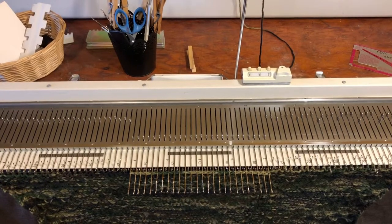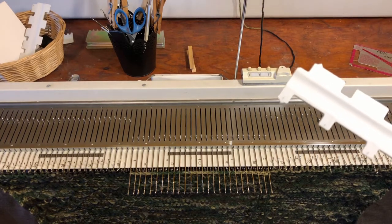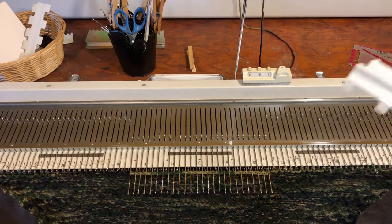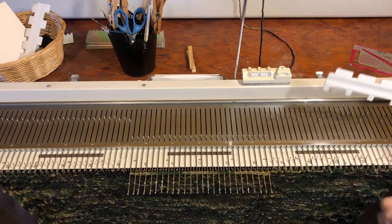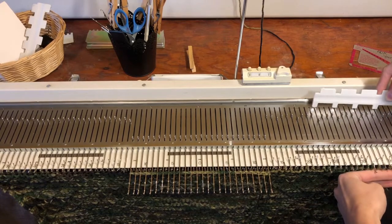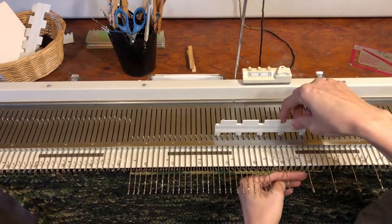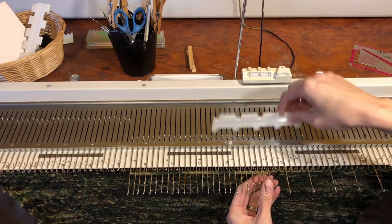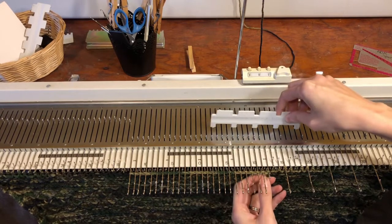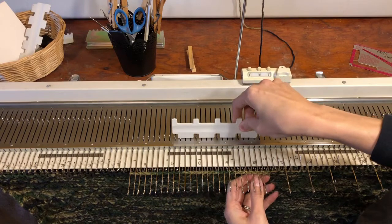Okay, so what we're going to do now is push out every other needle again using our pusher, because we don't want a row of just knit stuck in that stitch. We want to continue our pattern. So I'm going to go ahead and push out all those needles. Now you'll see when we get here, these are already pushed out, and we don't want them pushed out, otherwise it won't knit. So I'm actually going to flip this over,